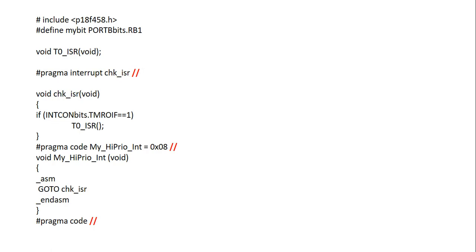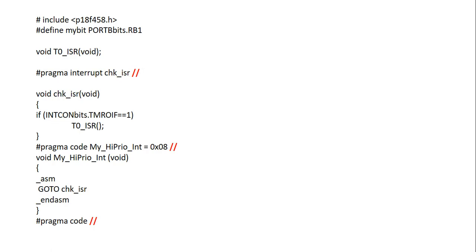Then #pragma code my_high_priority_int = 0x08. It is used for the high priority interrupt only. For the low priority, the address will change.